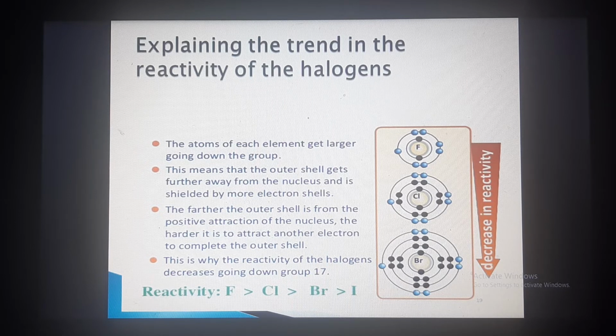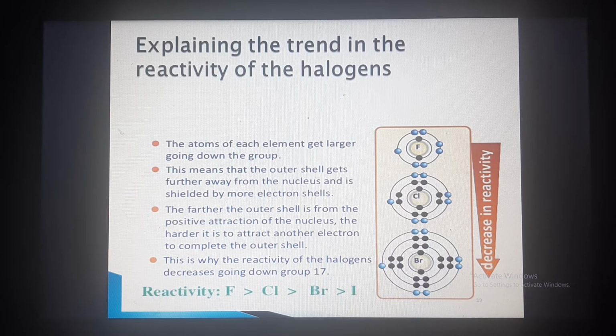If the element is smaller in size, the reactivity is also more. Why is the reactivity more? Because if there are 7 electrons in the last shell, they want 1 more electron, or it shows an electron-accepting tendency. So in the case of fluorine, this added electron goes to the last shell, that means the second shell. This electron is attracted very much to the nucleus, because we know the nucleus is positively charged, and the second shell is near to the nucleus.